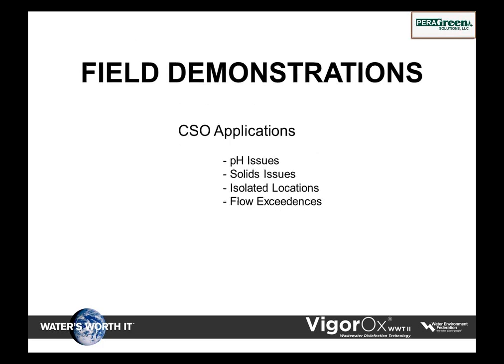Next slide, please. And also, we're looking at a lot more CSO applications. In this, you're dealing with pH issues, solids issues, isolated locations. They may be 1,000 yards to a mile away from your feed point. And a lot of them also have flow exceedances. They overflow. We have problems with how do you control it, how do you maintain it, and how do you automate it. A lot of these places you can't get to. So those are some of the challenges. But I just want to let you know that it's a full process approach, not a simple feed the chemical, get the kill. You've got to intimately understand the process from beginning to end, what the cause and effects are throughout the entire process. Next slide, please.